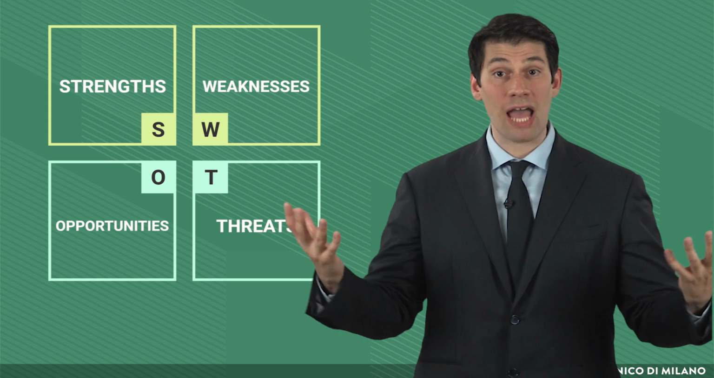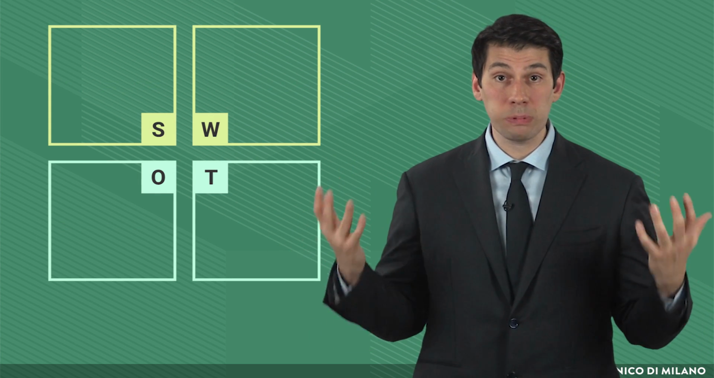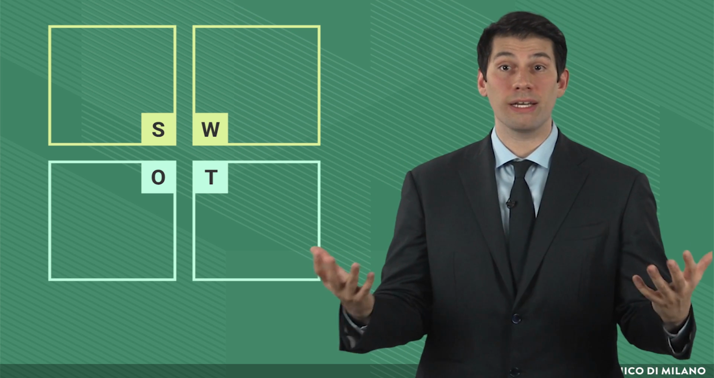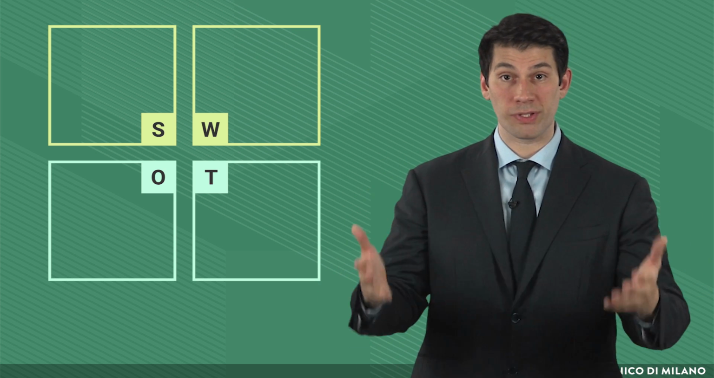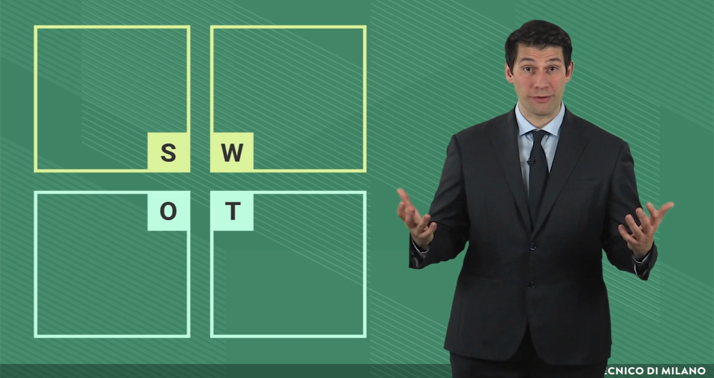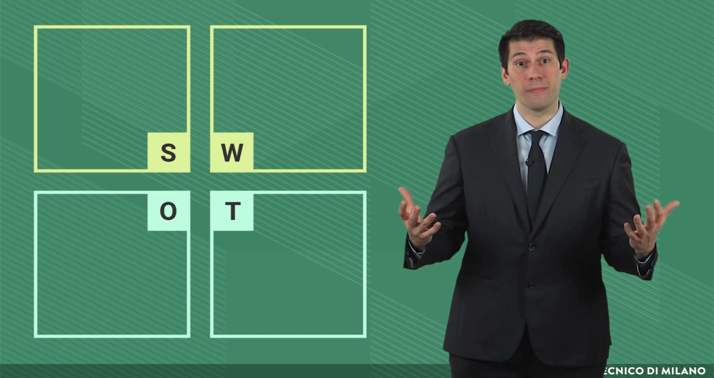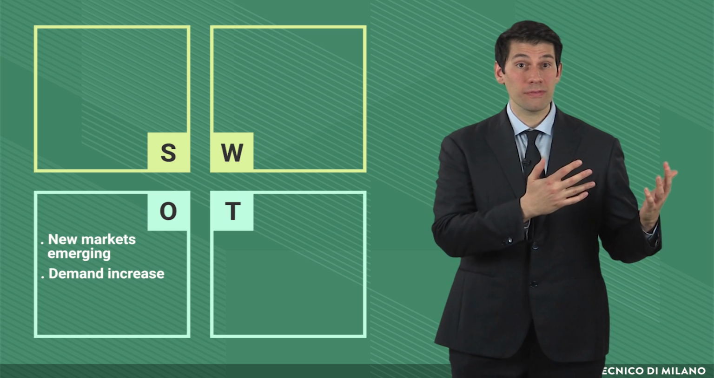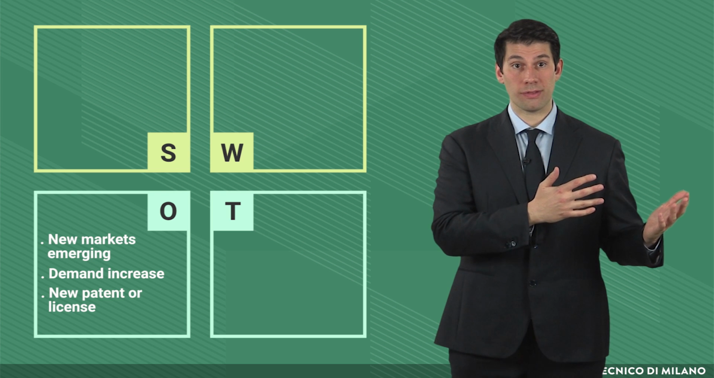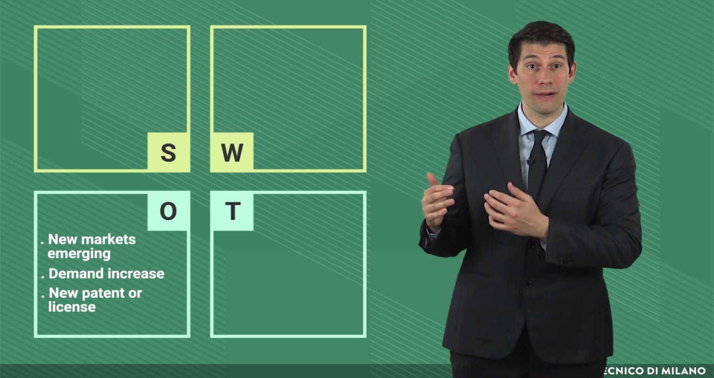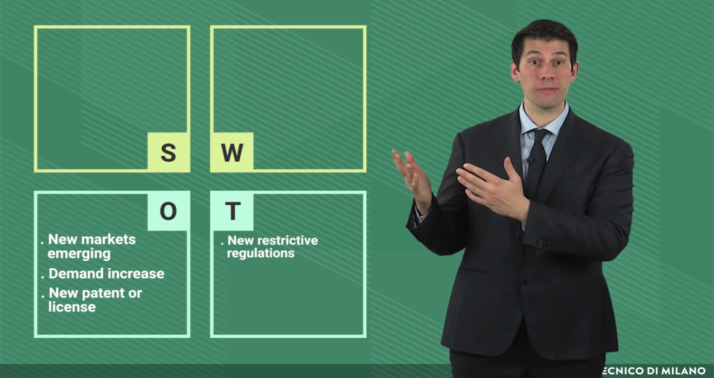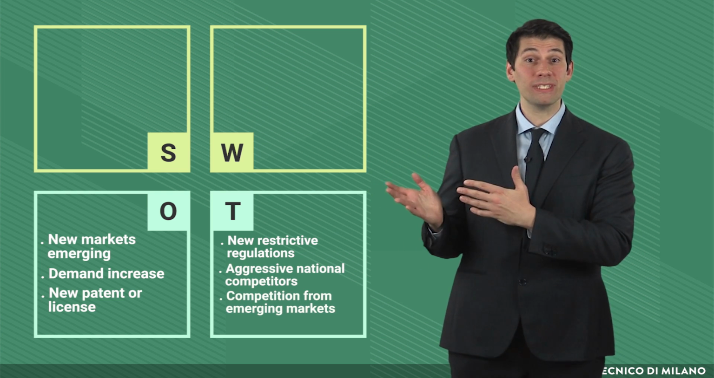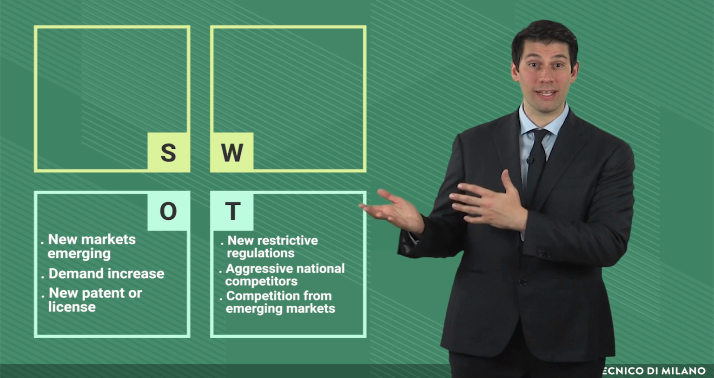Let's build up a general example. A generic player operating in a given business area may apply the SWOT analysis and come up with this result. The opportunities arising from the external environment are new markets emerging, demand increase, and a new patent or license, while the threats are restrictive regulations, aggressive national competitors, competition from emerging markets,